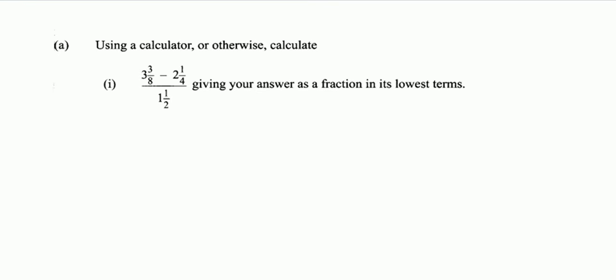So, this first question here, we have a fraction calculation to work out, and it said using a calculator or otherwise. The first thing we need to do is to work out the top part of the calculation, which is the numerator. So we have 3 3/8 minus 2 1/4, right? And that will give us,